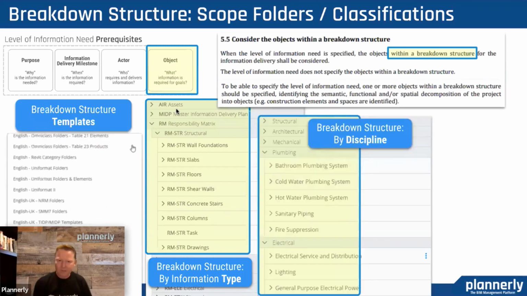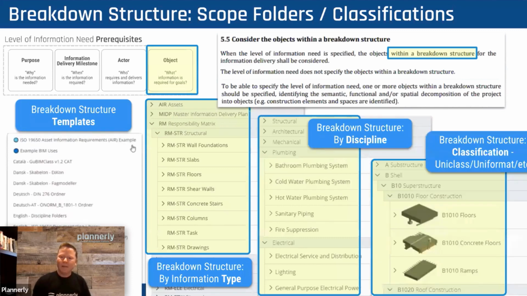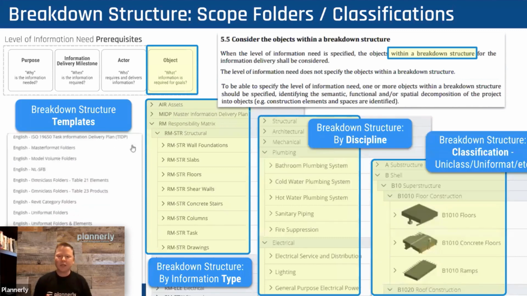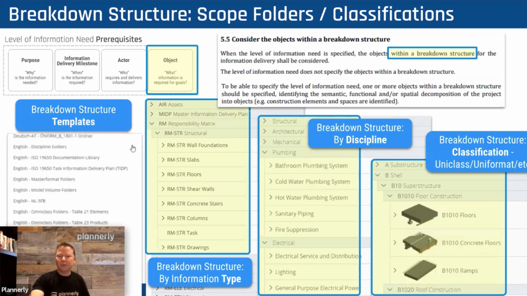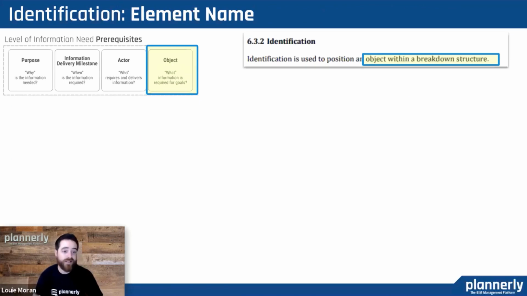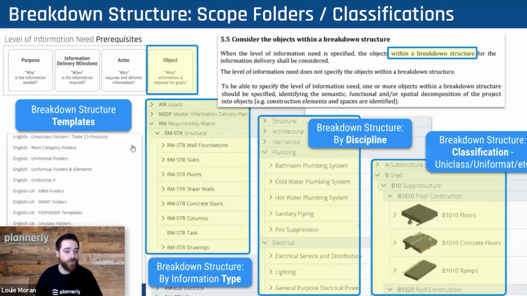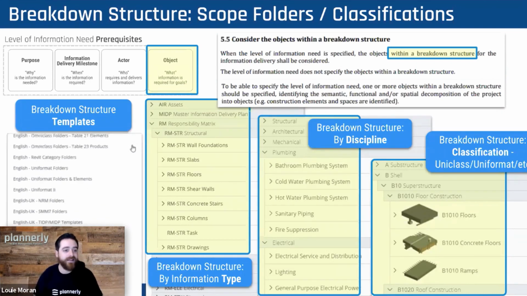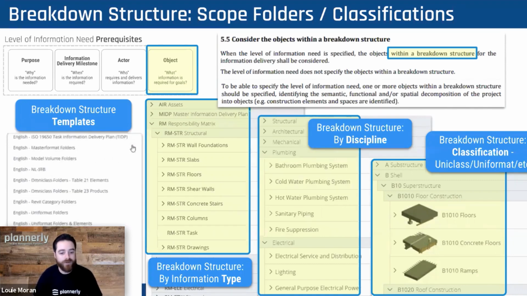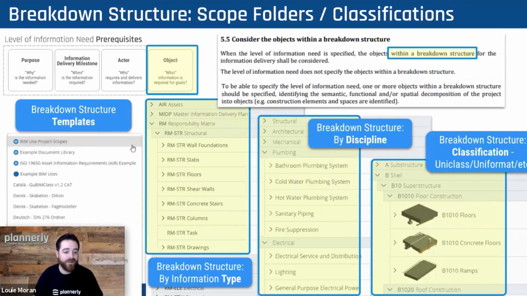Breaking down by discipline, so understanding who is going to do what, and then using classification structures like Uniclass and Uniformat to be able to talk the same language and understand exactly what is required in that breakdown structure and where. And make sure that there's a customer for those. So we always say keep it as simple as possible. It's the clearest way that you can communicate across the team, an organized list. If you need a classification, Uniclass, Uniformat, if it's mandated, then go that route. But the most common and simple is by discipline.